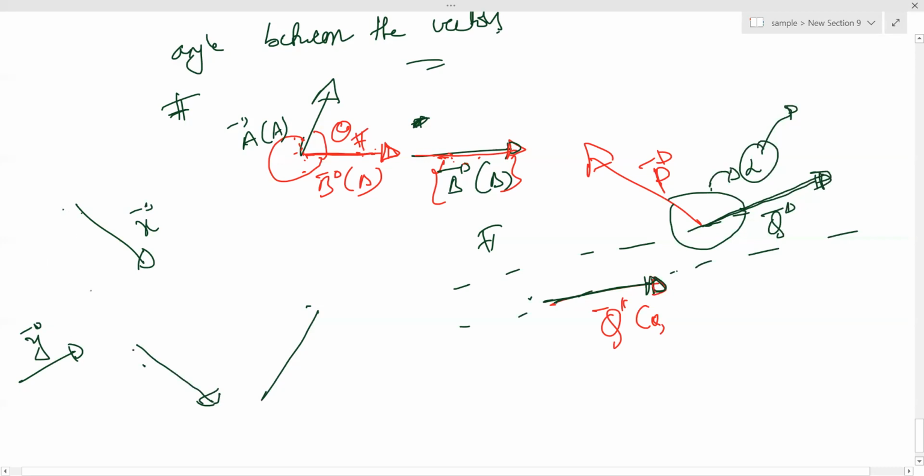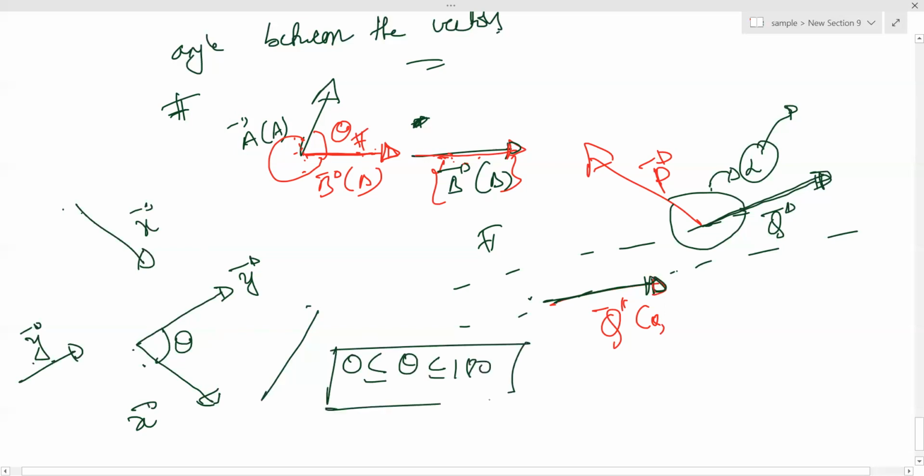The x vector parallelly shifted, and the y vector also I parallelly shifted. You don't have any worries, right? This is the angle between vectors. Got it? So any one vector you can shift or both vectors you can shift and join, without changing their magnitude and direction, and you join tail to tail. Then the smaller angle will be the angle between the vectors. So smaller angle means definitely 0 less than or equal to theta less than or equal to 180 degrees. Make a note. It cannot exceed 180.